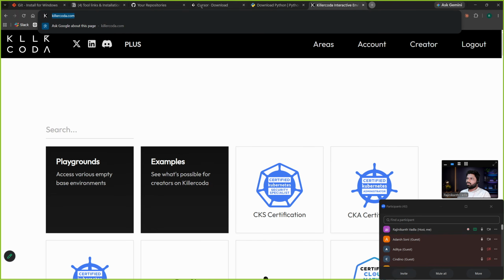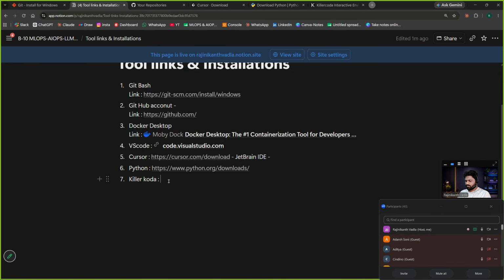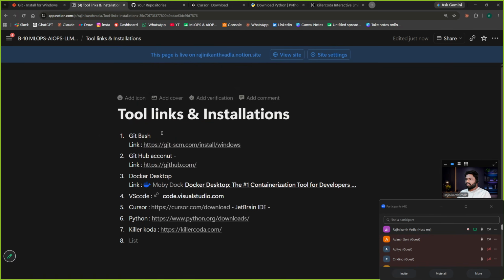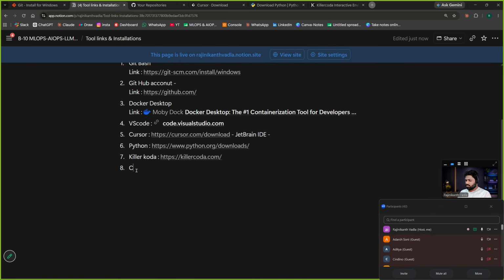Create your account here also. So these are the mandatory things, and a Colab account. On Killercoda also, we have to create our account, right? Yes.